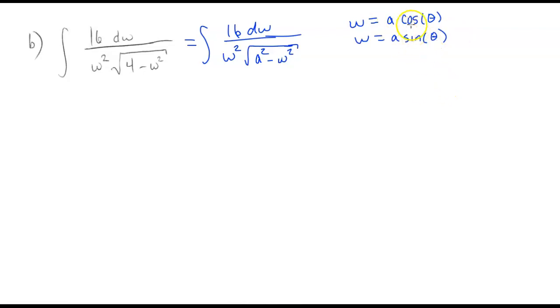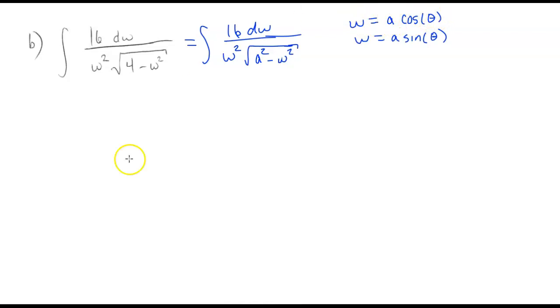And I'm doing it just to be a little different because I know I've worked this problem out before and I've used it with cosine. So I want to do it with sine just to show you that we can use the different substitutions, yet we still get to the same answer here. So I'm going to erase what I have here for the w is equal to a times cosine, and then